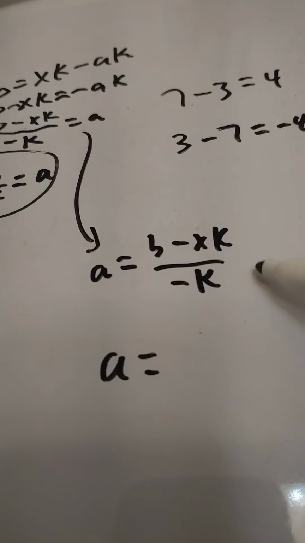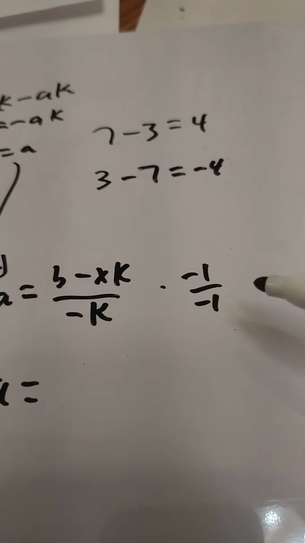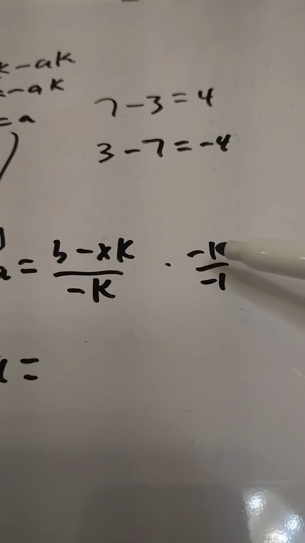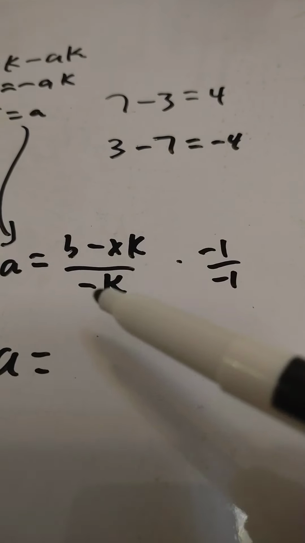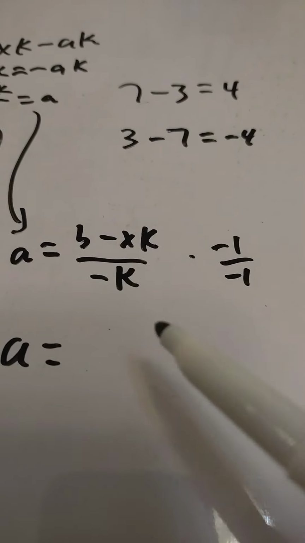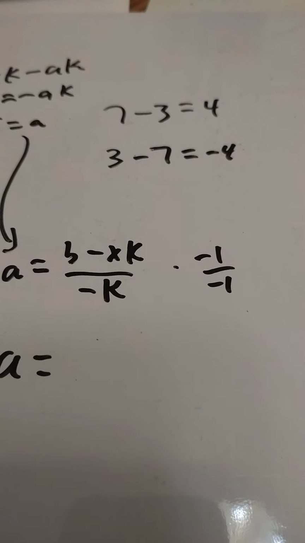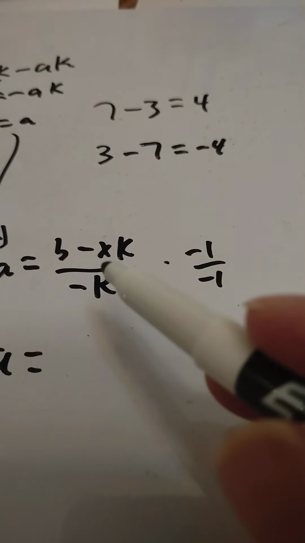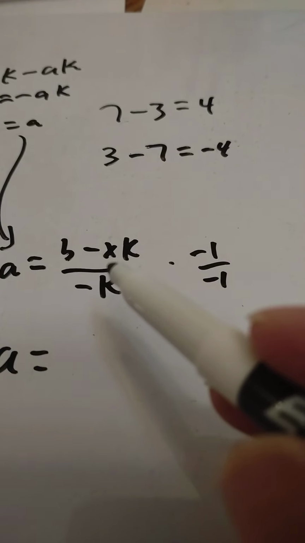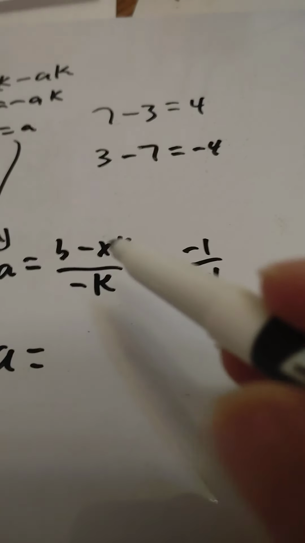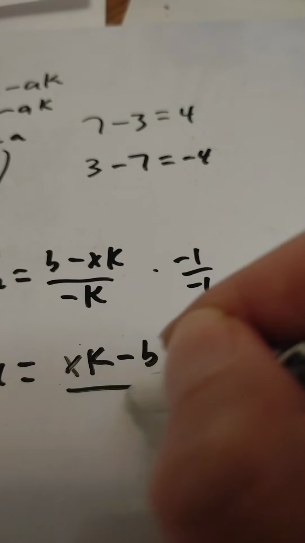Because if I multiply by negative 1 over negative 1, isn't it the same thing as a positive 1? Negative 1 divided by negative 1 is positive 1. So let's multiply numerator straight across and denominator straight across. The reason I want to do that, it looks a little bit better because we don't like to see negative signs in the denominator. Whenever you're subtracting two terms, switch the order, and it's like multiplying by negative 1. So I'll go xk minus b over k,